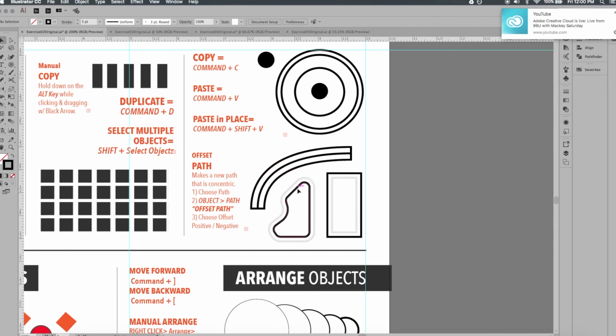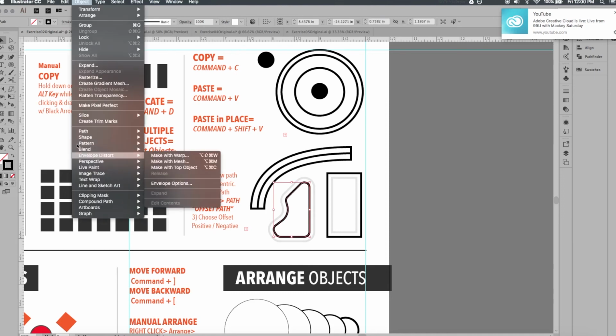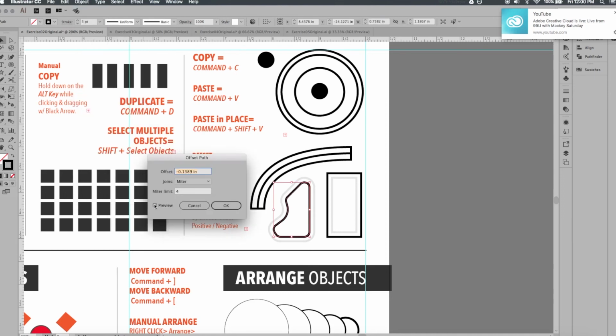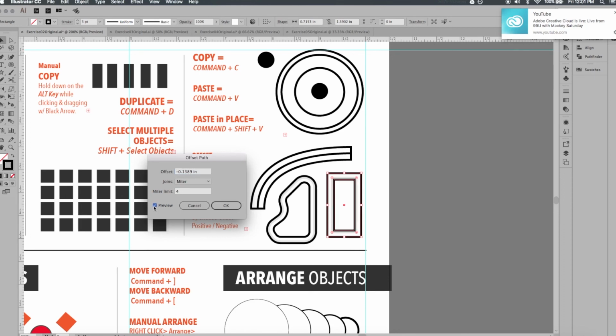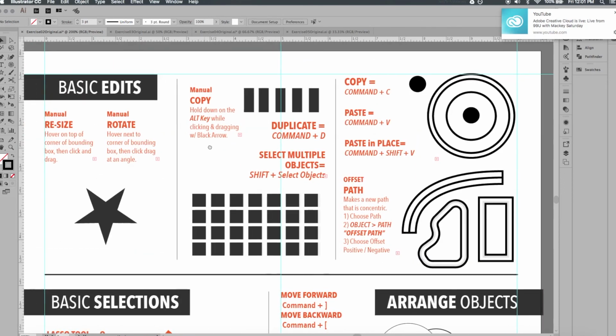So I'm going to click on this shape path here. I'll go Object, Path, Offset Path. I'll hit the Preview button. So you can see we're offsetting in the negative direction, so it's going towards the inside. I'm going to go ahead and just get rid of that minus sign, and then I'll click and unclick the preview again, and now you can see it is offsetting the path, or increasing the offset, and then I'll click OK. I'll do it one more time. I'll click on this square, Object, Path, Offset Path, and this time I will bring back that minus sign onto the offset. I'll preview the offset, and then I'll click OK. Alright, so that is the basic